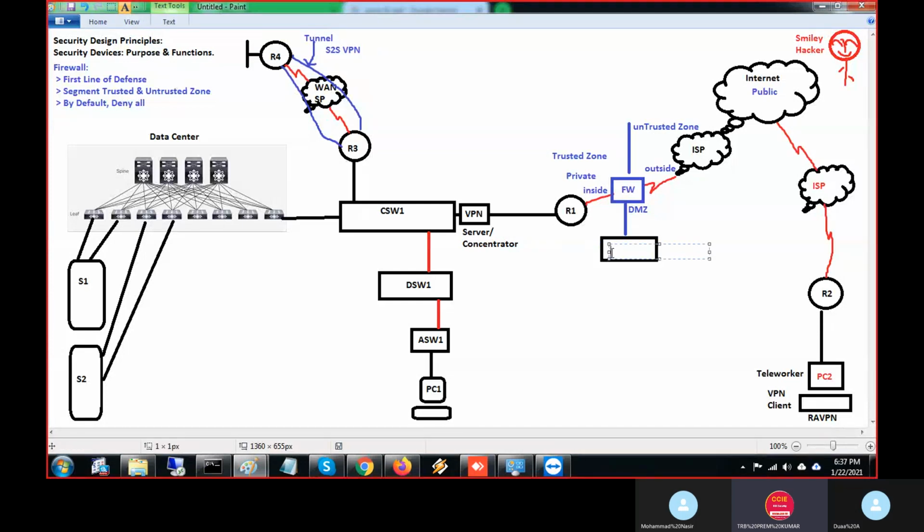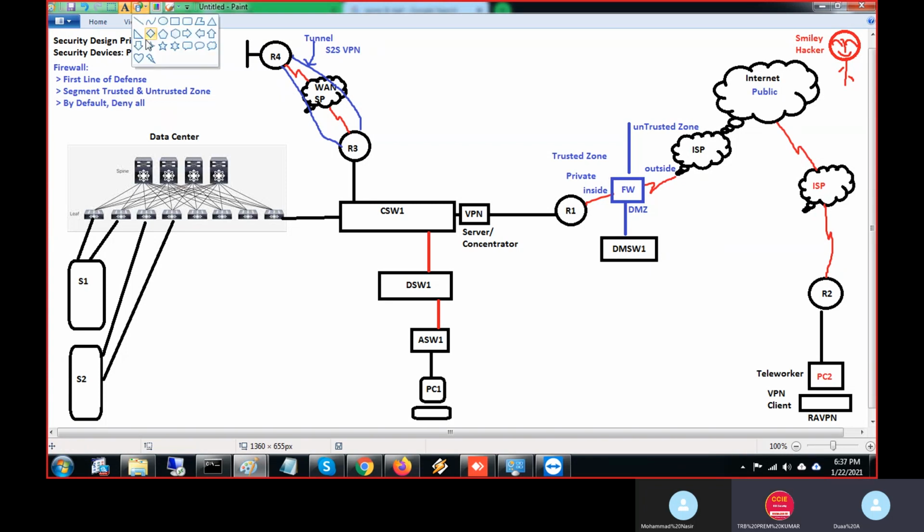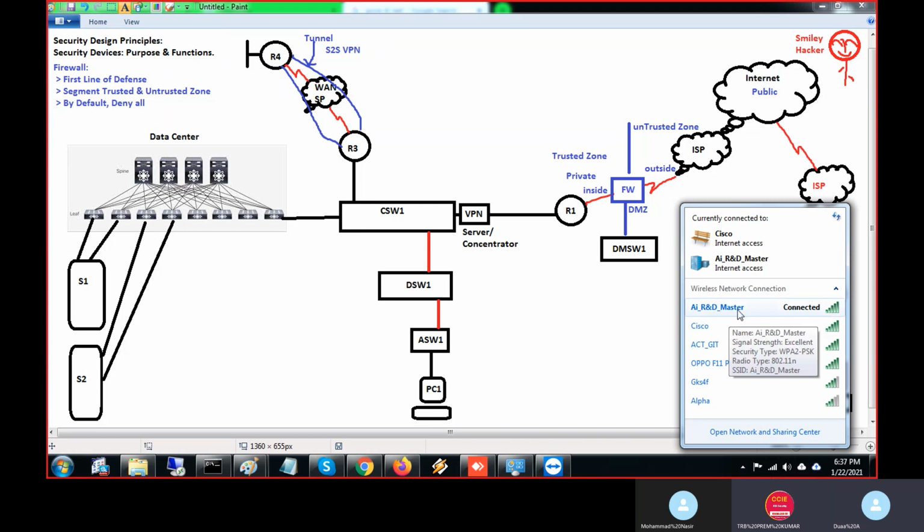So there is the DMZ, right? I'm connecting one device. Your voice is breaking. Sorry, your voice is breaking. Is this breaking again? Now it's okay, sir. It is running on a hotspot now, because it is my hotspot. Cisco, I still don't know. No problem, sir. It's clear as of now. Okay, 14, 15, 14.